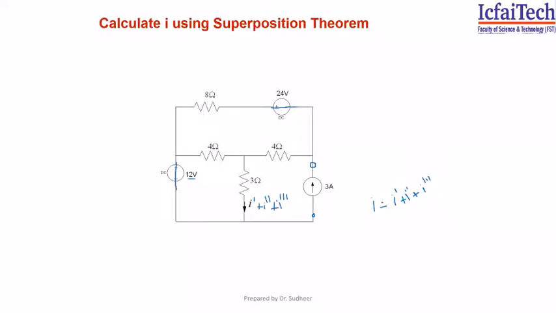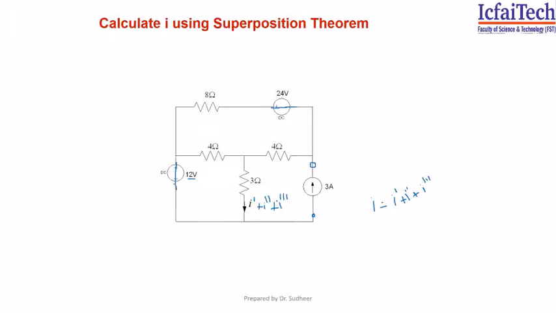Okay, so I will just give a pass. You can try to draw the circuits. Later I'll show how to draw the circuits. So draw the 3 circuits considering first circuit with only 12 volts, then consider only 24 volts, replace other voltage source and current sources with their equivalent resistances, and then third case consider only 3 amp circuit, replace other voltage sources with short circuit. Try to draw the circuits.